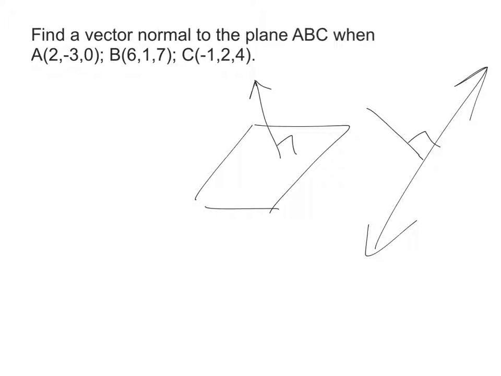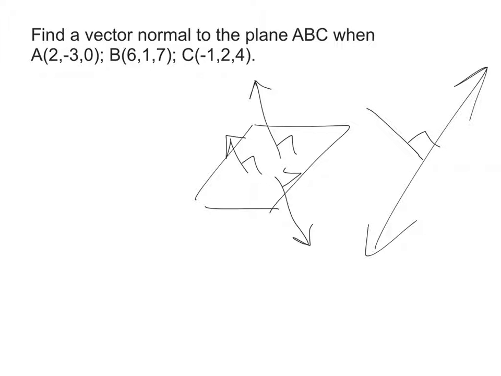that. Now keep in mind there are infinitely many vectors that would be perpendicular to that plane. They can have different magnitudes. They could go in the positive direction, or they could go above the plane, or below the plane, but those would all be normal to that plane. So in order to find a normal vector to this plane, we need to know a couple of vectors on the